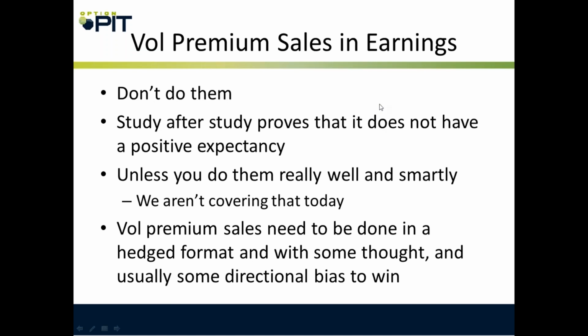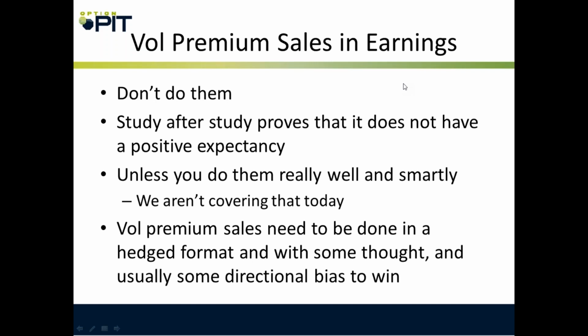Studies prove that buying premium and selling premium both lose. You know how much they both lose by? The bid-ask spread. When you buy premium, you have to pay the ask a little bit, and that tends to lose by about that spread. And when you sell premium, you also lose. It is completely ineffective to think you can sell premium over time around earnings and win, or buy premium around earnings and win. You need to have a directional bias, at least for now.